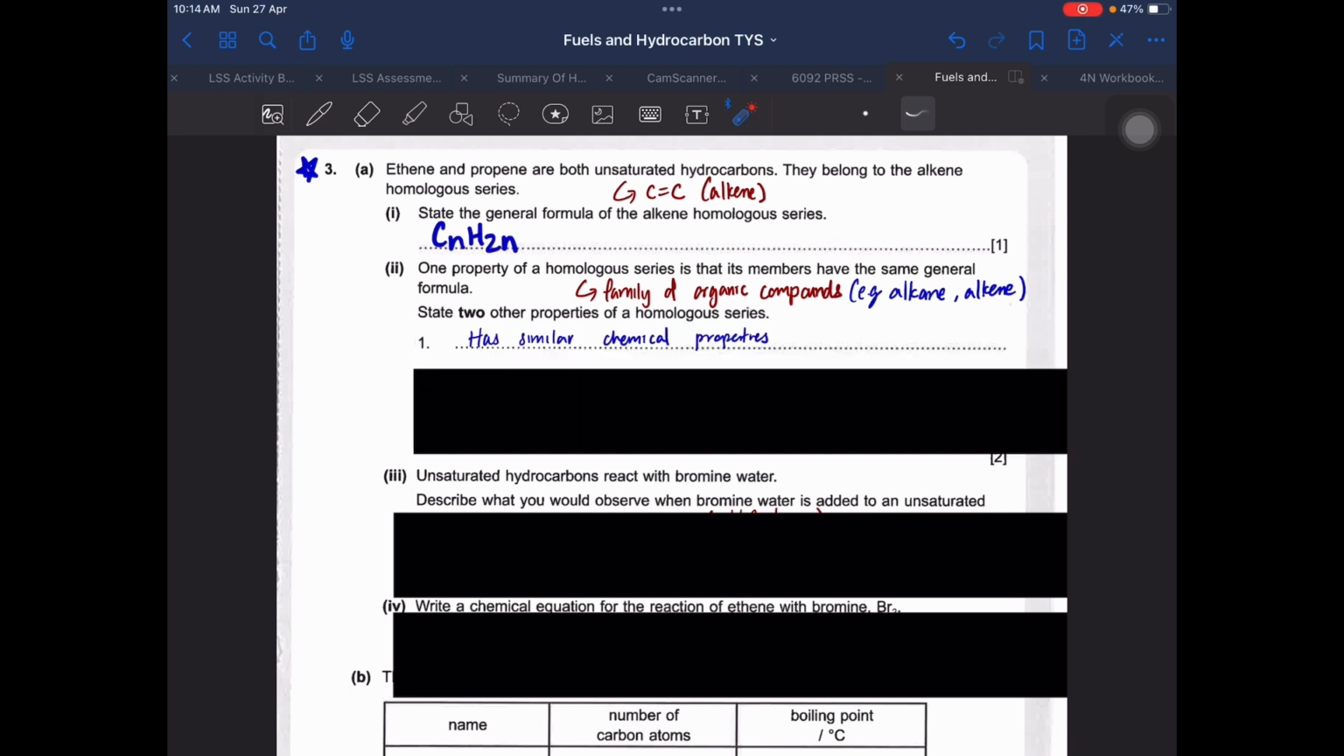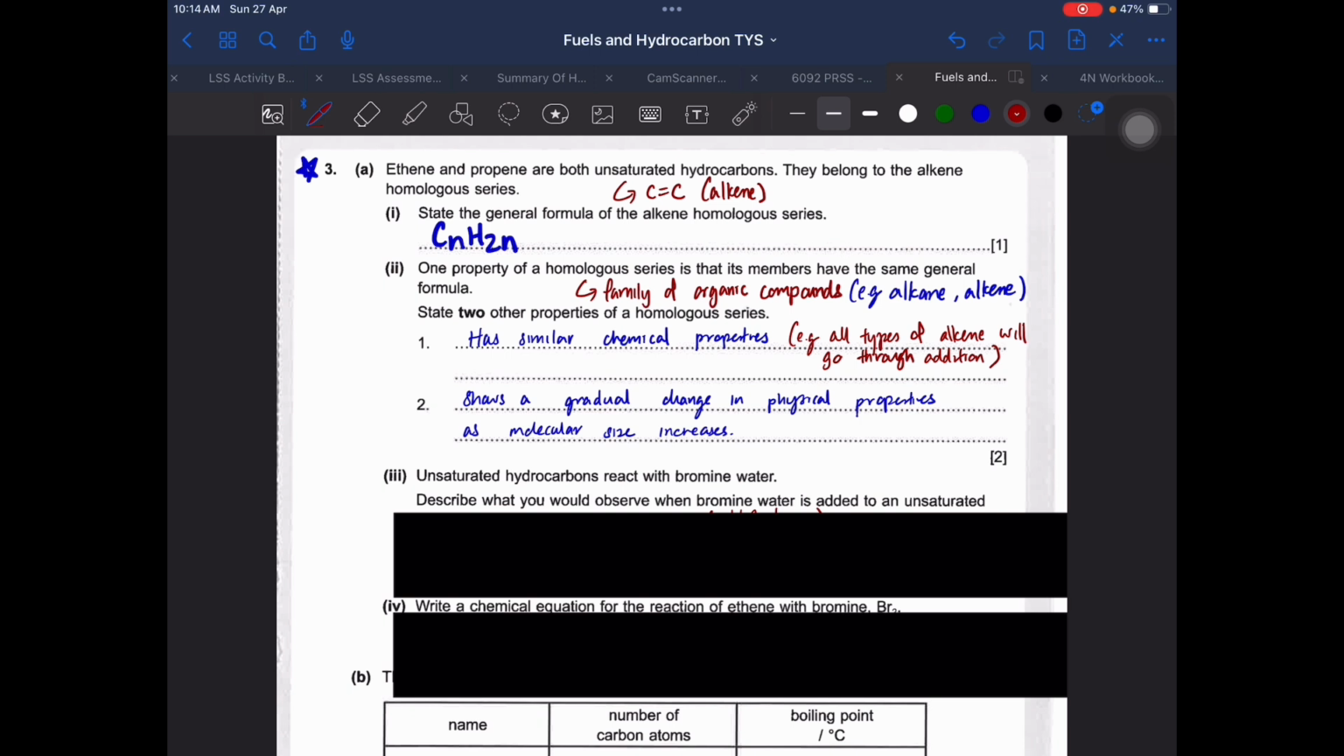Number 1, all the chemicals in the homologous series should have similar chemical properties. So, for example, all types of alkenes will go through addition, because this is the chemical property of the homologous series. Any alkene, be it ethene, propene, butene, so on and so forth, will all go through addition. That's similar about them. Second one,